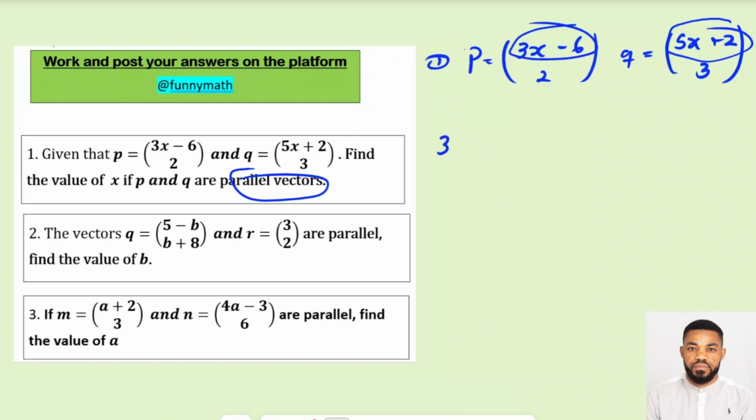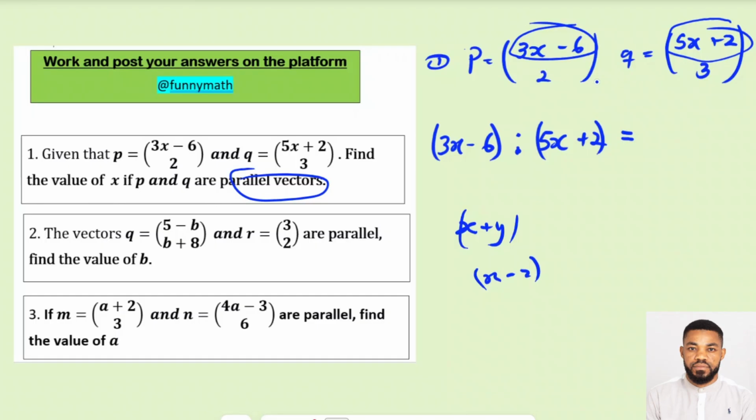That's going to be 3x minus 6. That's from the first vector. And since we are forming a ratio, we bring the ratio symbol to the next one, which is going to be 5x plus 2. Remember that they are binomials. When I say binomials, it means they have two terms. So, for example, x plus y is a binomial. x minus 2, another binomial. We normally put them in brackets like this. So I have to put these in brackets like this. They are binomials, supposed to do first. And it is equal to,